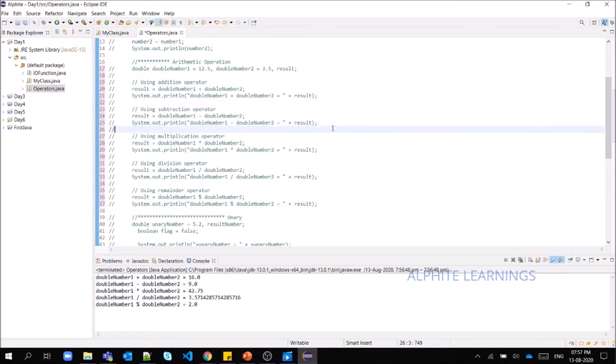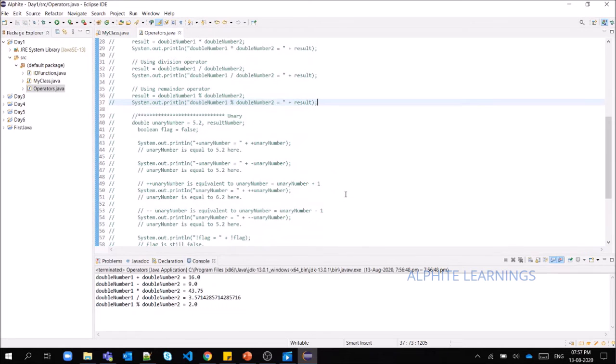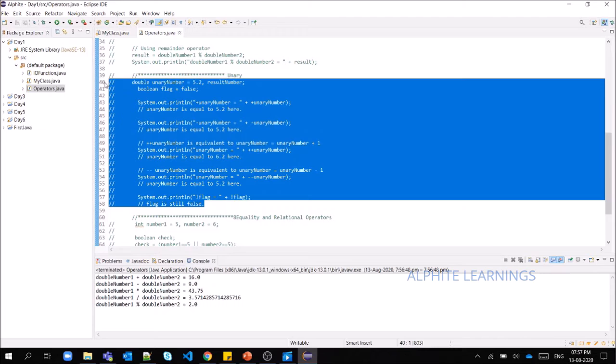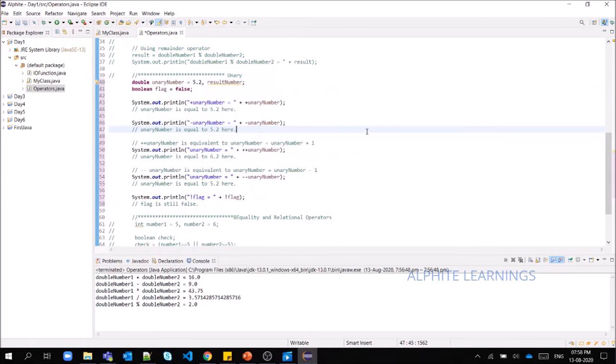I hope you are following. If you're not able to execute all this code now, just try addition alone. Not an issue. If you try at least one operator, that is fine. Sometimes it will feel okay when you see my screen, but when you put your hand and really start coding, you will have some difficulties. So please at least try one or two operators so that you will have a good understanding in coding.